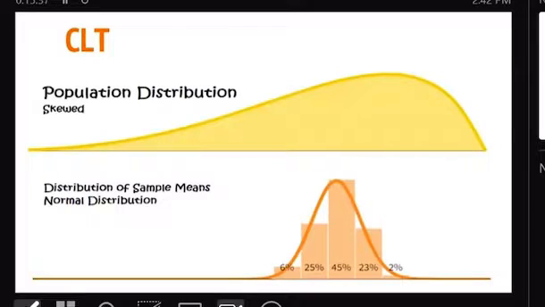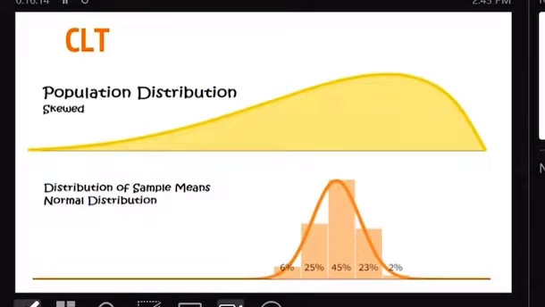You started with a skewed population. What do I mean by skewed population? The probability distribution of the population, from where the random sample is going to be chosen, is skewed. It's asymmetric. It's not normal. Take a look at that. But you know what? When you take a sufficiently large sample, the distribution of the sample mean will be normal at the end of the day. That's what the central limit theorem is actually talking about. That's a graphical interpretation of that.